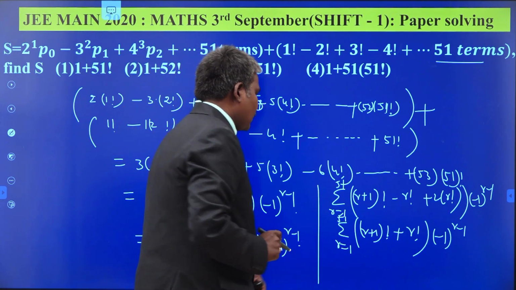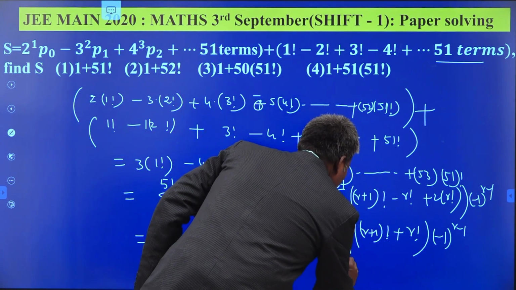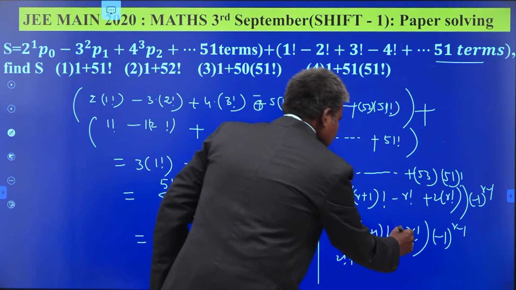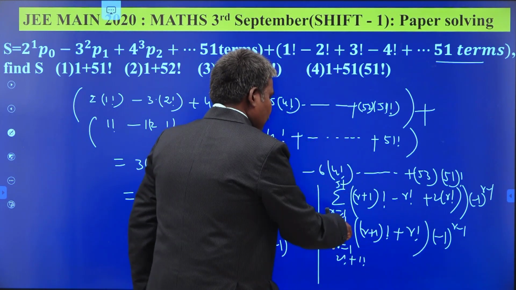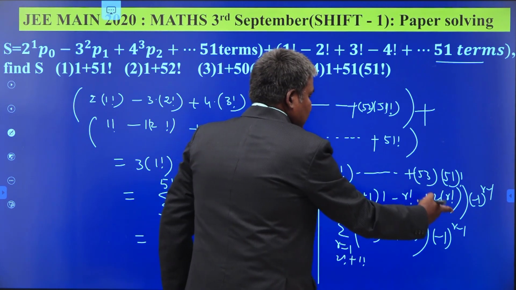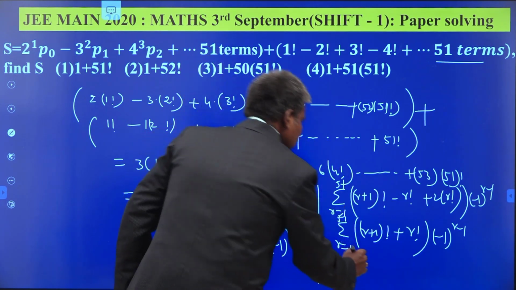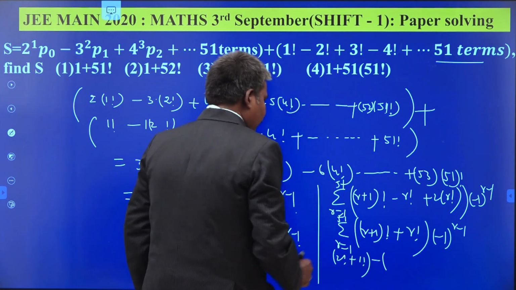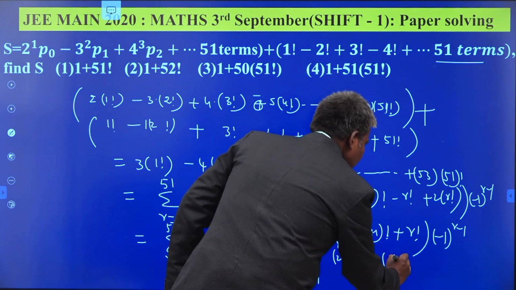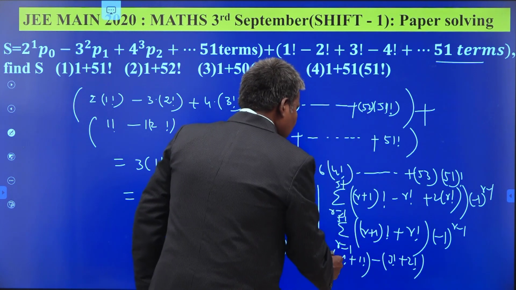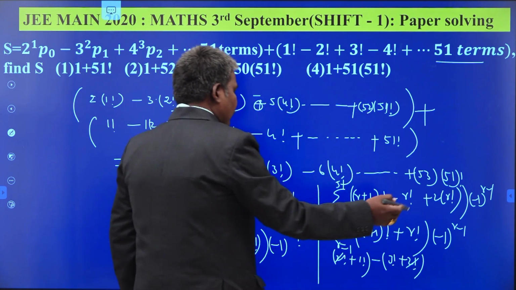For r is equal to 1, what happened? 2 factorial plus 1 factorial. This is plus, minus 1 power 1 minus 1 is nothing but minus 1 power 0, plus. Next value, minus of, when we substitute 2, 2 plus 1, 3 factorial plus 2 factorial. Here in this manner we cancel out 2 factorial, 2 factorial, 3 factorial, 3